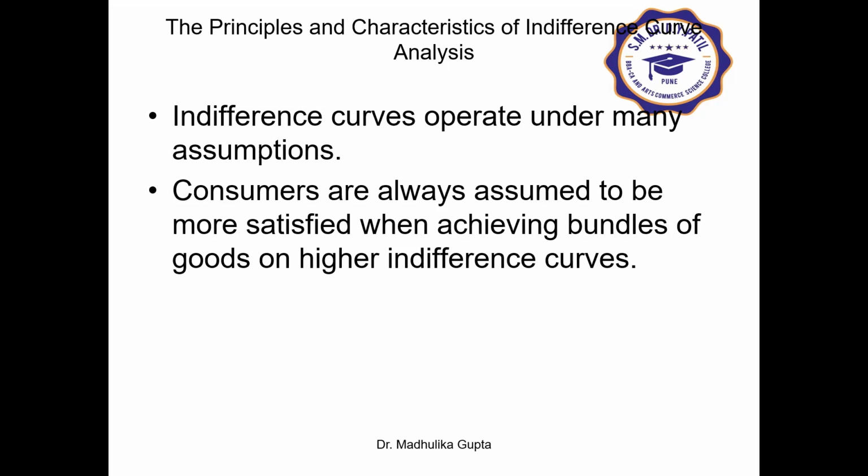The MRS is the rate at which the consumer is willing to give up one good for another. So if the consumer values apples, for example, the consumer will be slower to give them up for oranges, and the slope will reflect this rate of substitution. So this is how it goes.